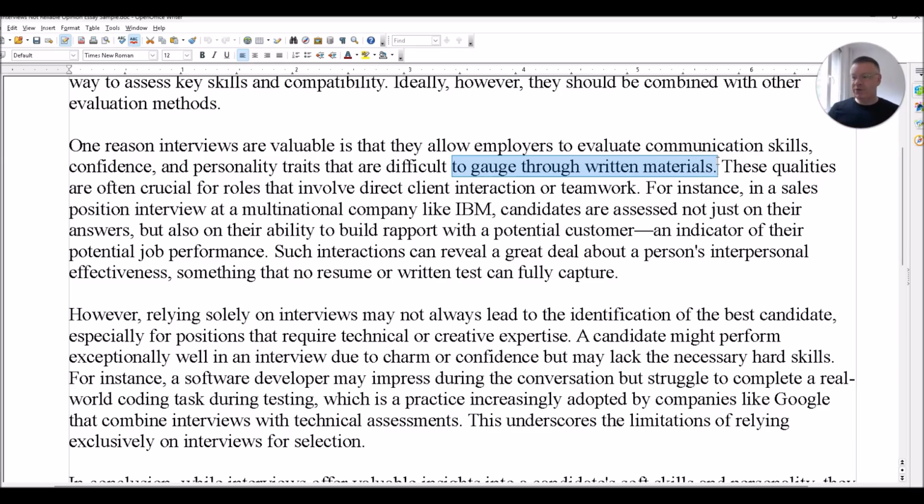And you can't gauge this through simple written materials like a resume or a CV. So I explain these kinds of qualities. I'm not going to read it all out word for word. You can read it. I'll put it all on the screen and pause it. Anyway, so